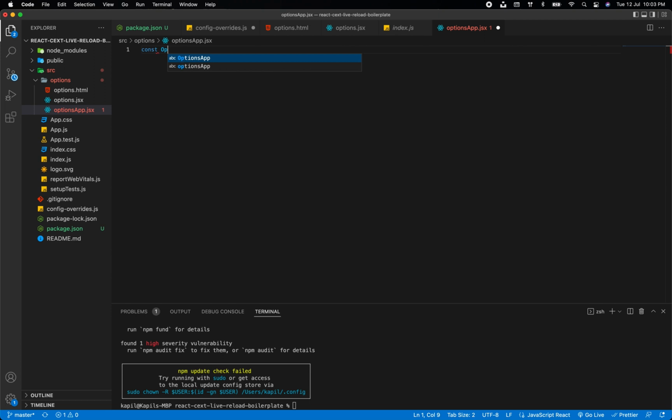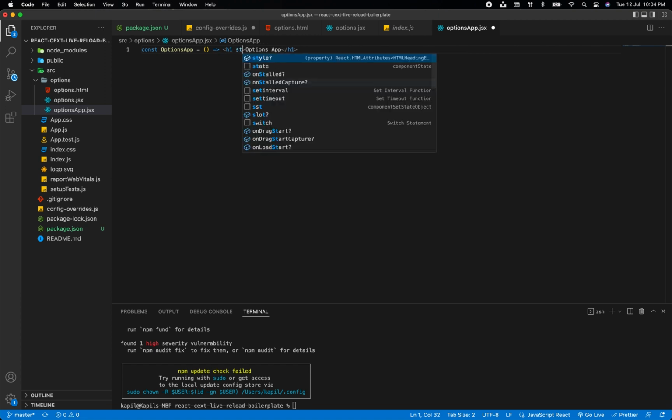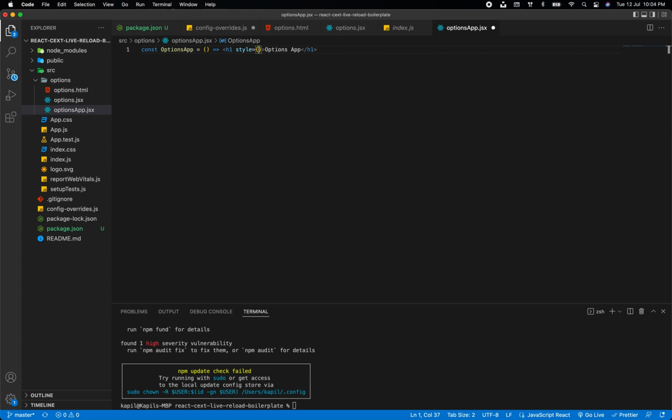We would just simply create options app, and we will return just h1 from here. So let's say options app. We can style this if you want. Style text align center. We can do this. Now this is done. We have to do the same thing for our